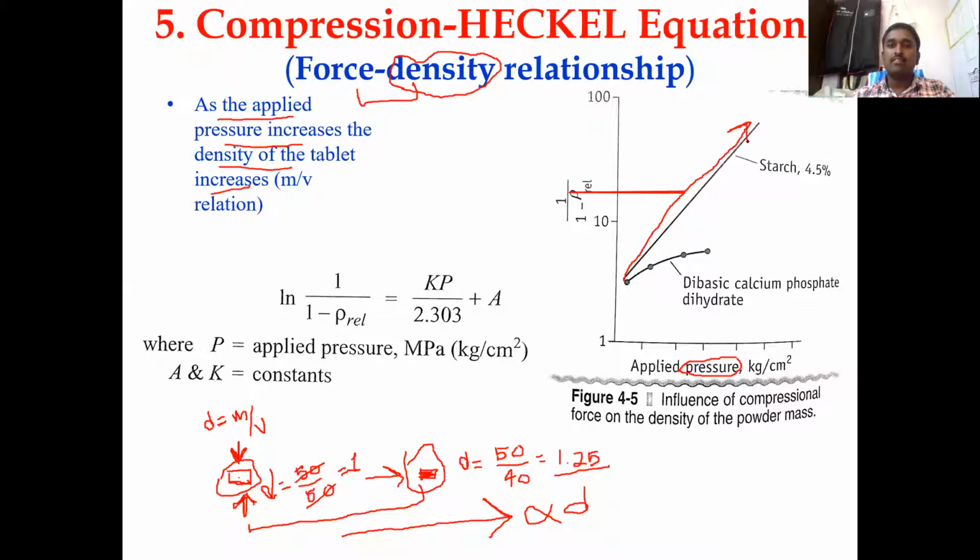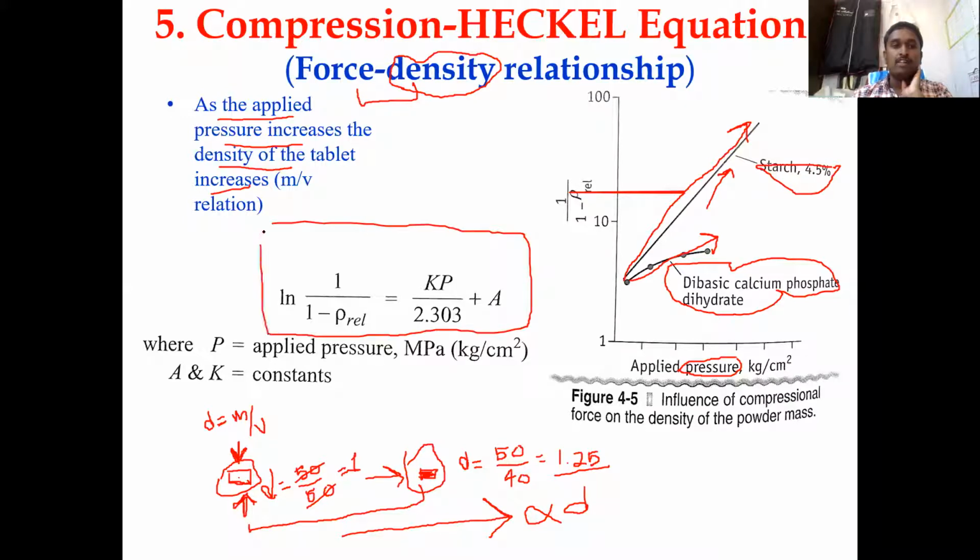So it differs as starch or the dibasic calcium phosphate, here they given two examples. Let us say starch having more density because maybe the powder having more bulk volume. Similarly, the dibasic calcium phosphate having maybe low density, but whatever the material it is, you could see there is a rise in the density. But the density value may change depending on the material which you are punching or which you are compressing. But as the pressure increases, the density is going to be increased. So once again, that has been given in the form of an equation. One has to learn this by heart. So that is the force density relation.